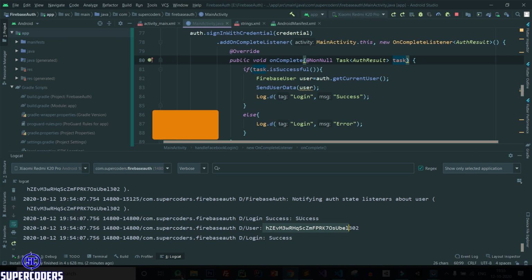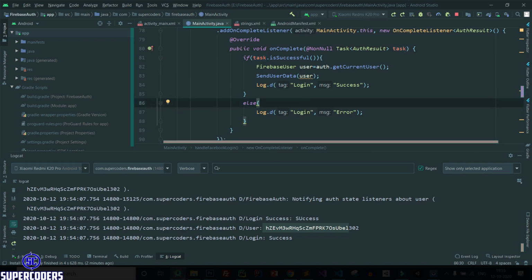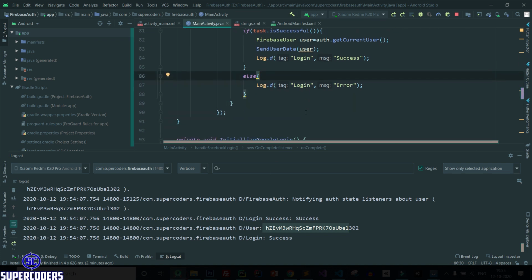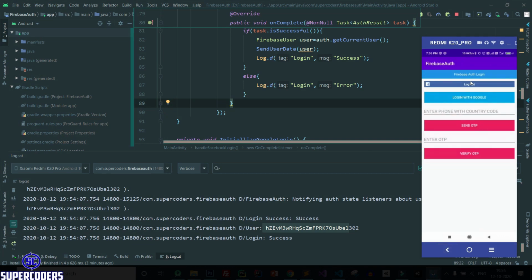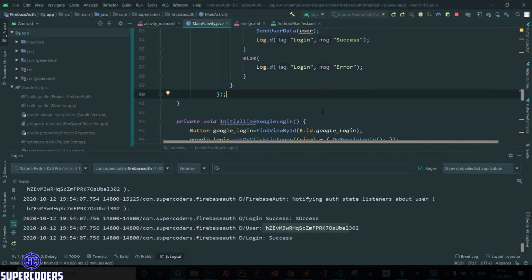Again back to Android Studio. Now let's see the next step, which is login with OTP, and work on this. Here if you open Vysor, you can see it is showing Facebook has been logged in, and now it is showing the Facebook logout message. So our Facebook login has been completed. Now let's work on the next part, which is login with phone and OTP.